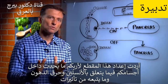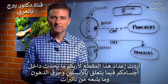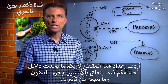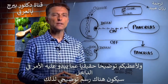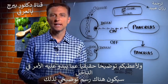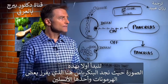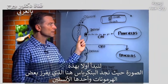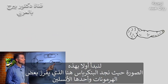To show you what happens inside your body in relationship to insulin, fat burning, and the effects that it can create, and give you a real inside demonstration of what it looks like. So we're going to do some animation through here, okay? Let's first start out with this one image right here, which we have the pancreas right here, and the pancreas